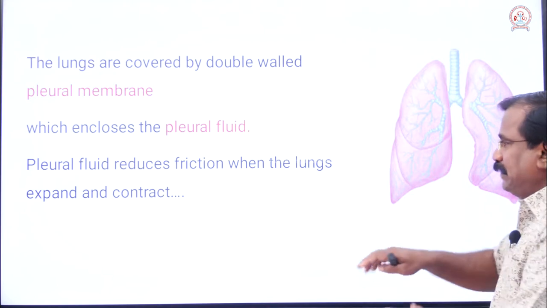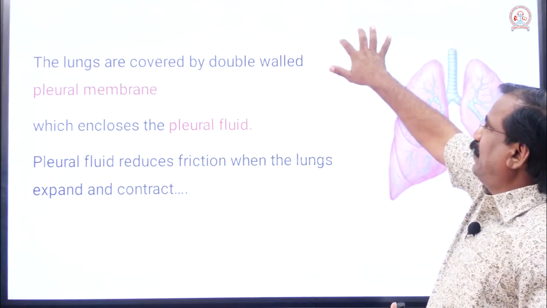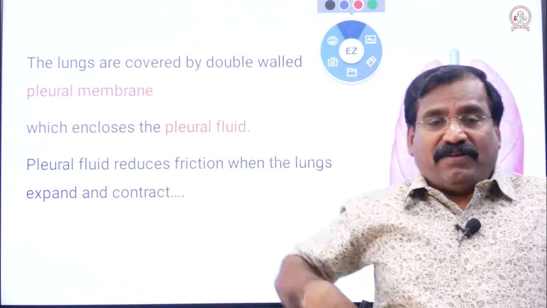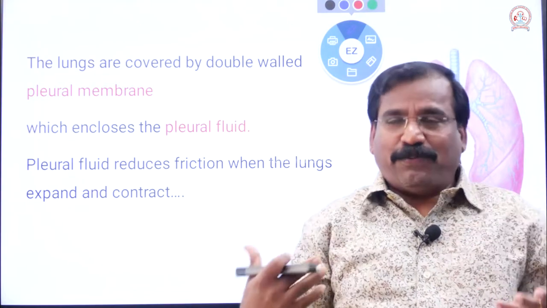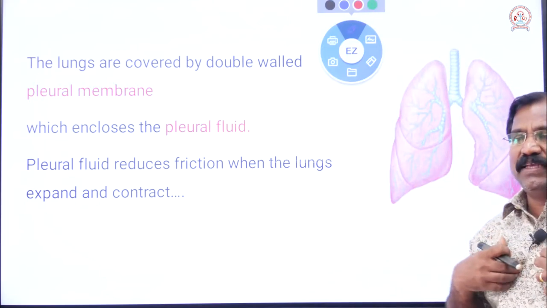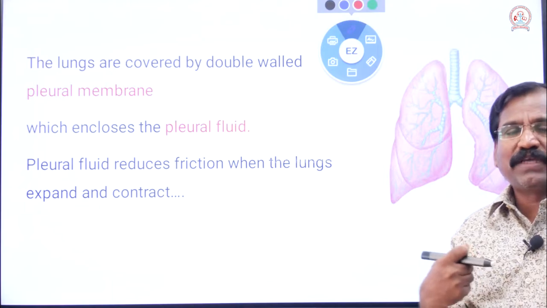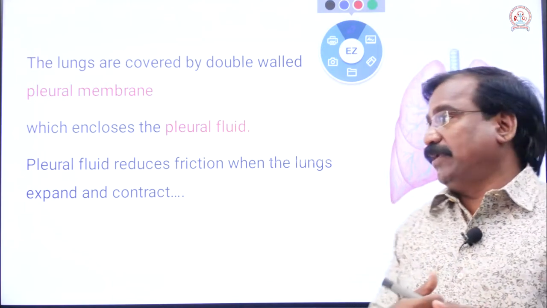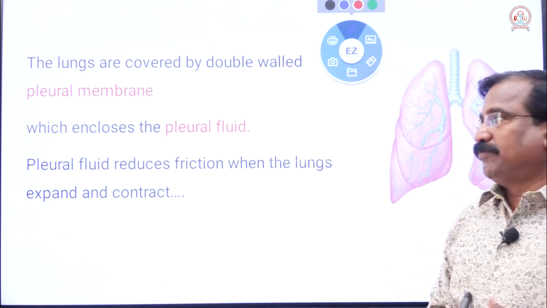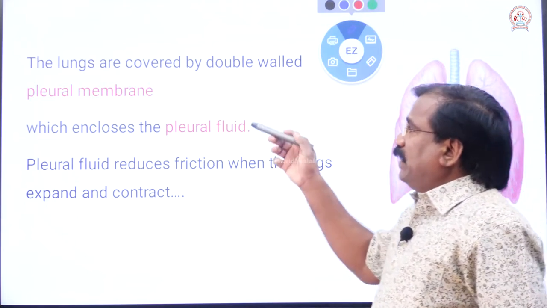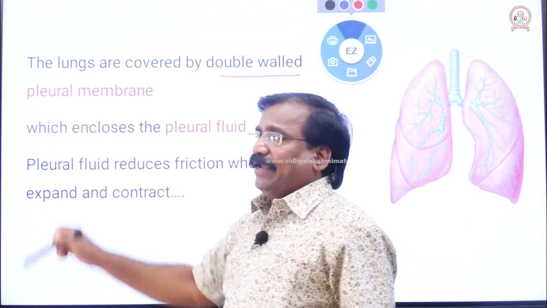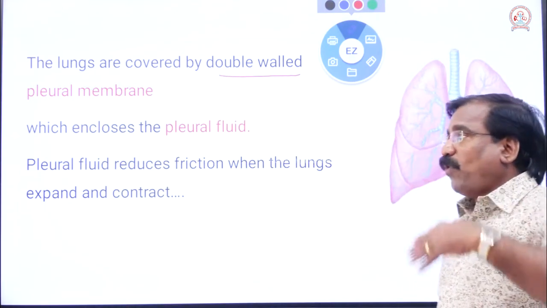So you know already that the lungs are protected inside the thoracic cavity, perfectly safe, like a vault. It is bone, so any force cannot easily damage the lungs. So apart from that, each lung is covered by a double walled membrane,